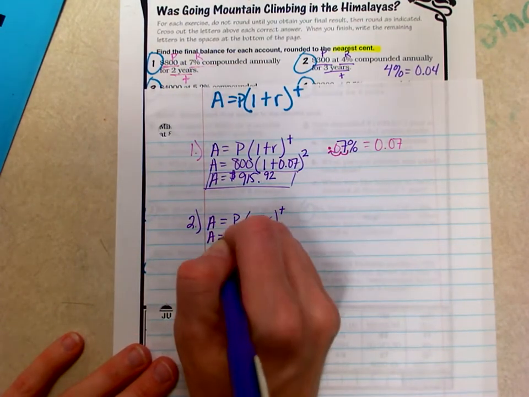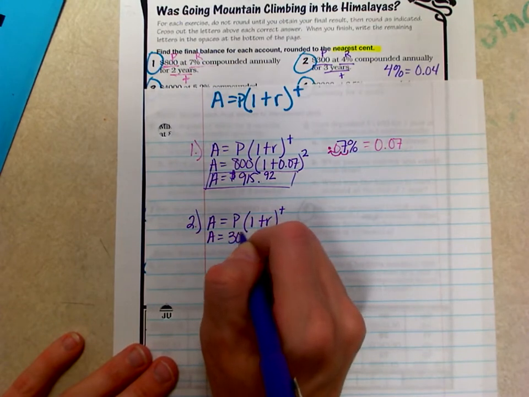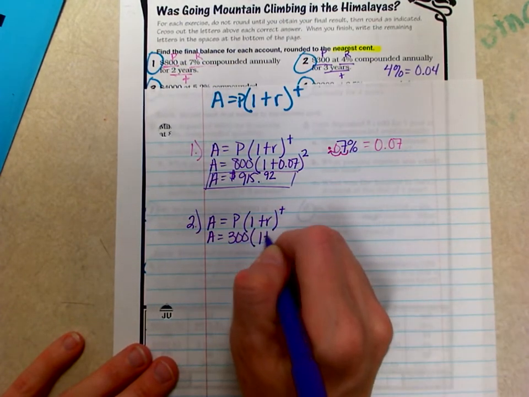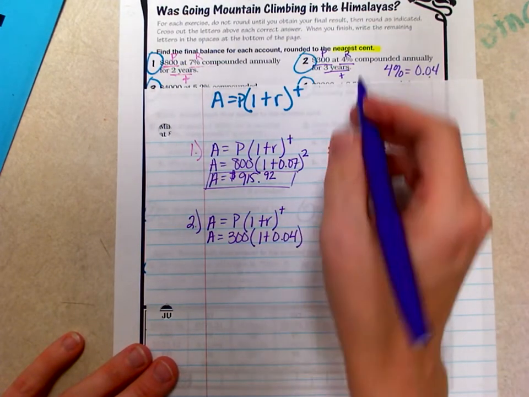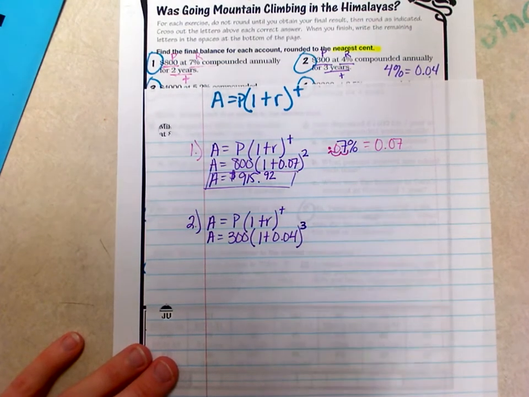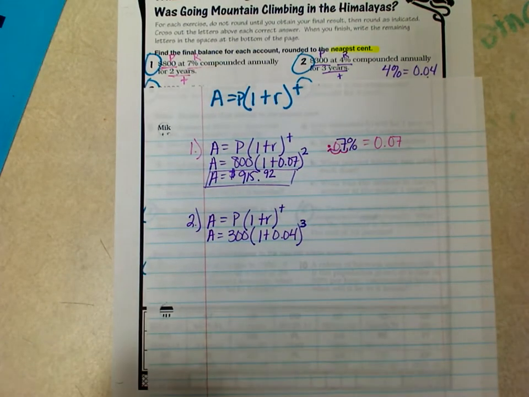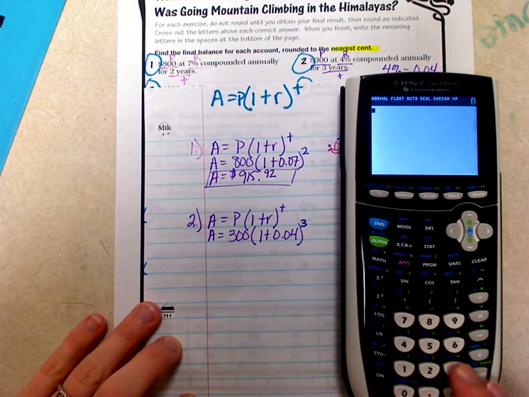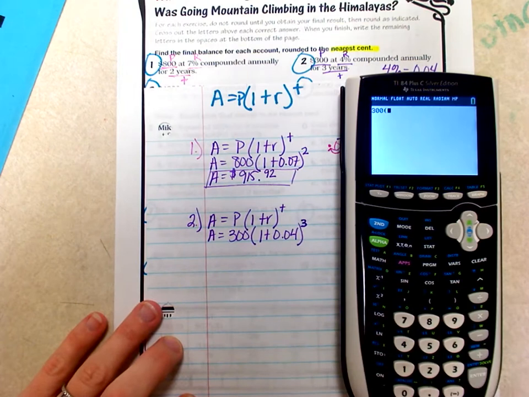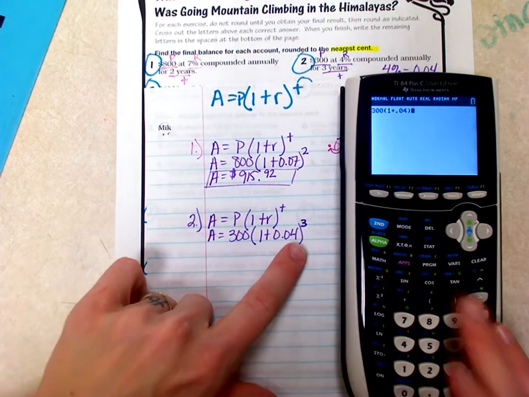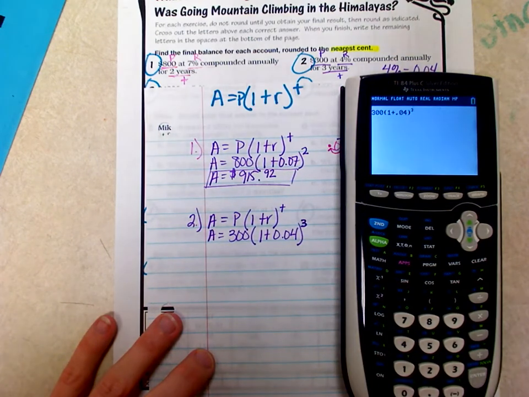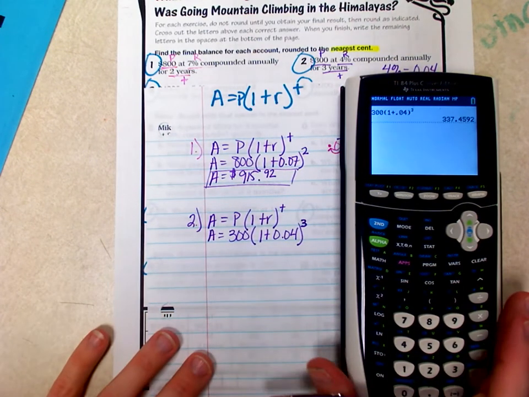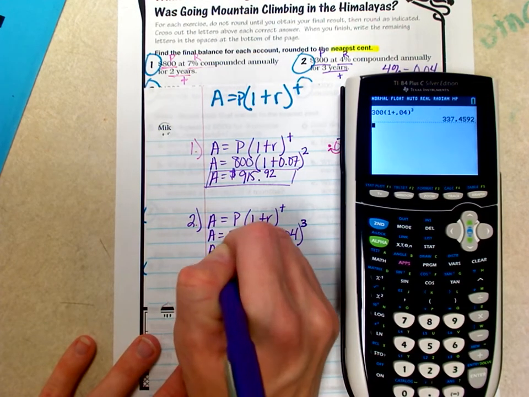A equals P, our principal, which we're going to put in 300, times 1 plus our rate, which we said was 4 hundredths, and our time is 3 years. Remember that time is an exponent here. So let's put that in. 300 times 1 plus 4 hundredths, close your parentheses, then we're going to go up, and that's right above the division sign, to the third power, and push enter. So our A is going to equal